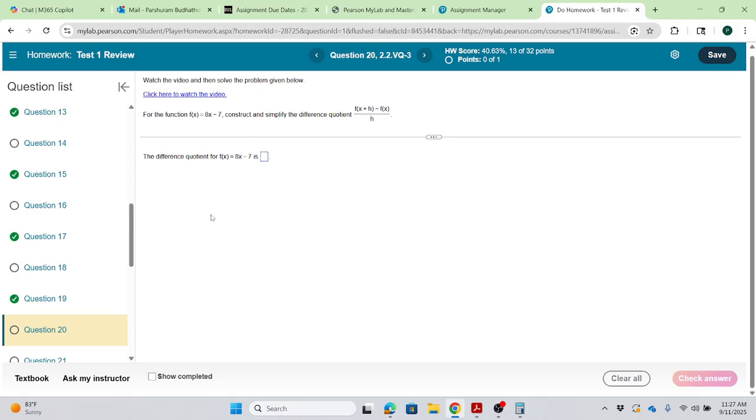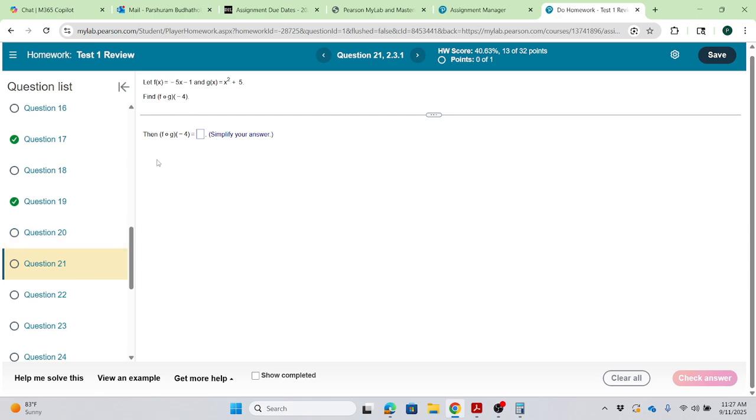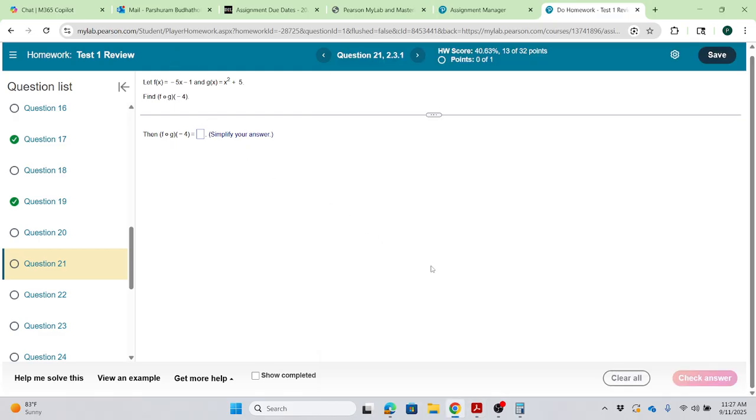Okay, I'm going to skip question number 20. Very similar question. Here, 21, this is a composite function. So find the value of the composition. How do you find it? So f of x